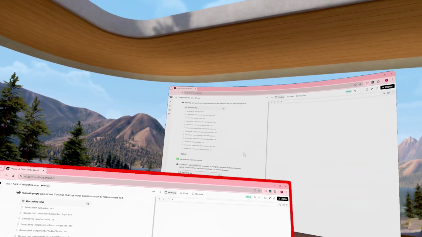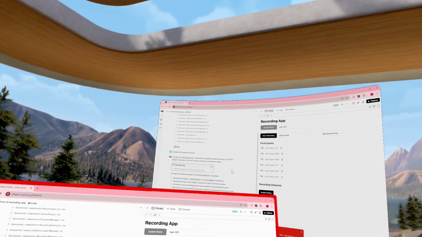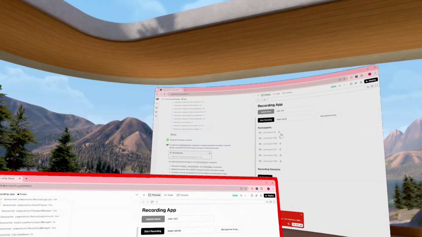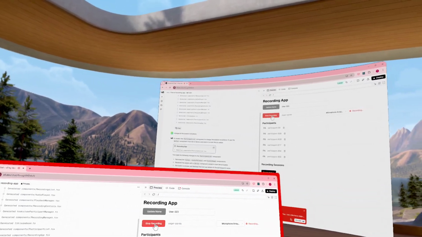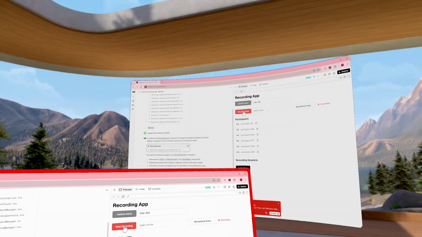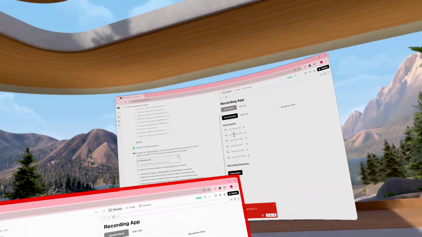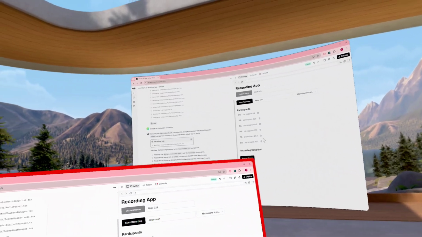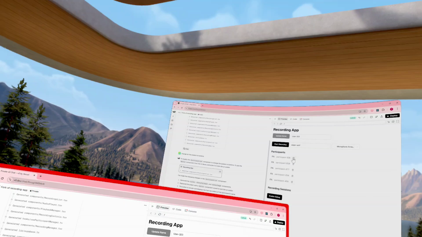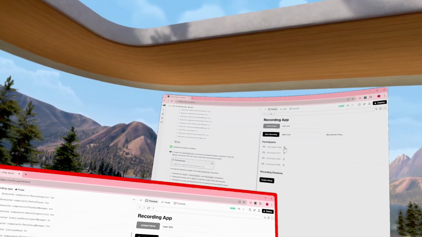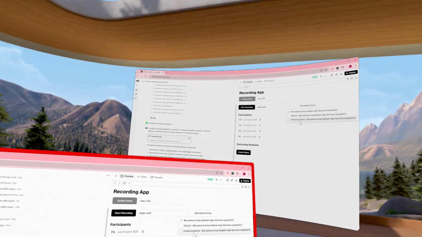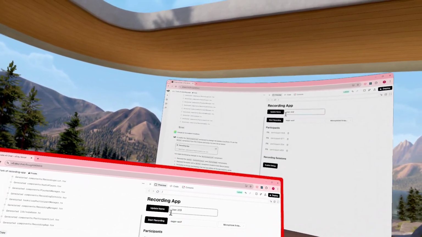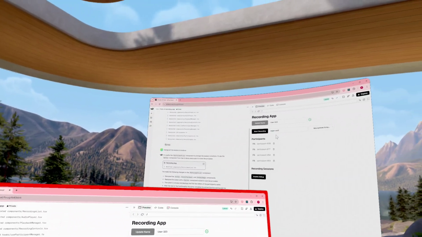Very nice of it. And then it rolls through. It can edit multiple files all at once, and then it loads up your app. You can go start recording, stop recording, and now it has an error, but I'll fix that. And so it's really quite good. I can delete participants, so that's altering the database. I can select my microphone. I can change my name, I think. No name change.